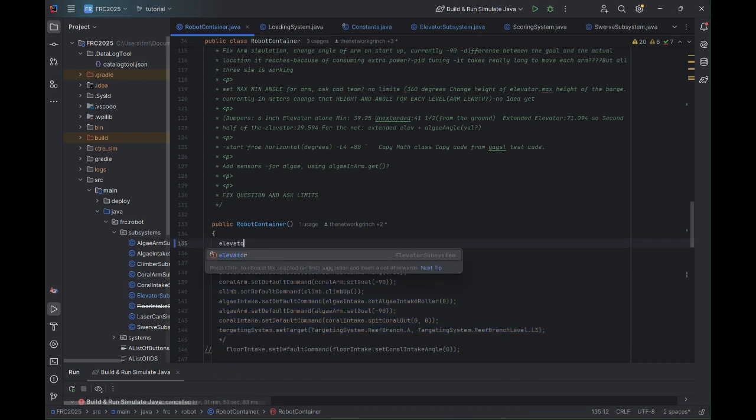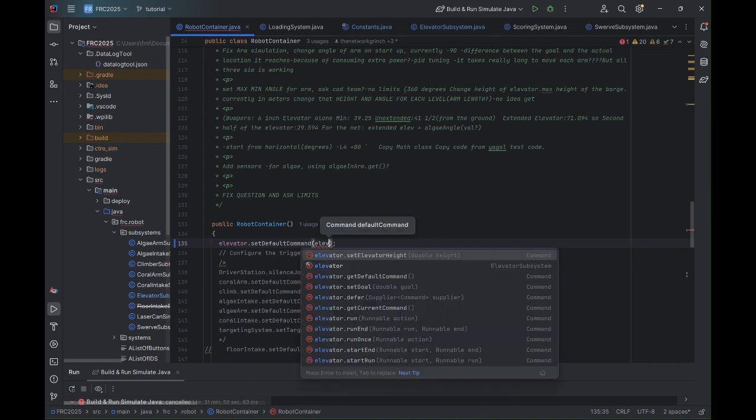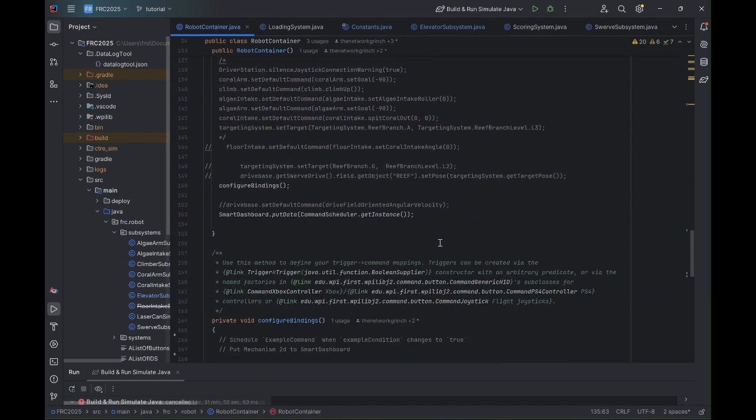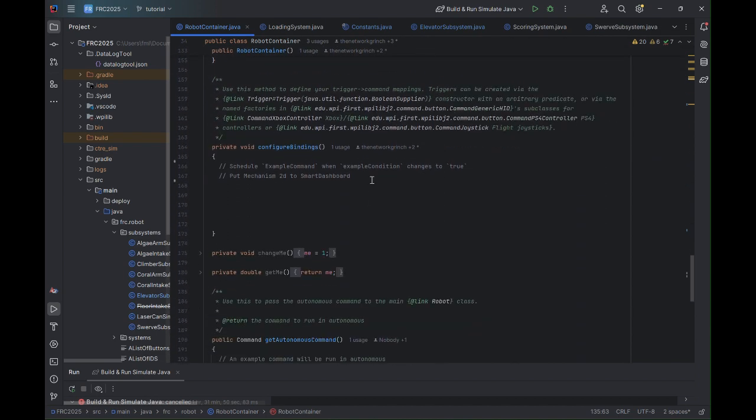Elevator set default command. So what we are going to use is set elevator height. It will be initialized to the height of 0. And then inside our configure bindings,